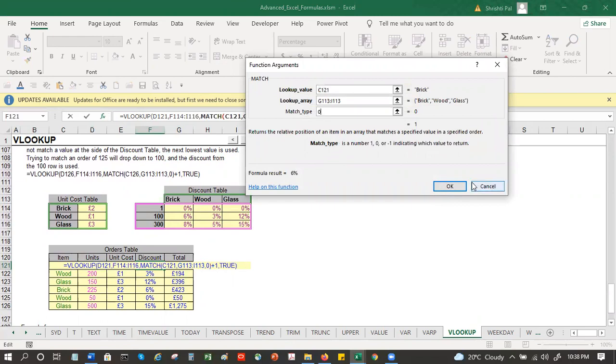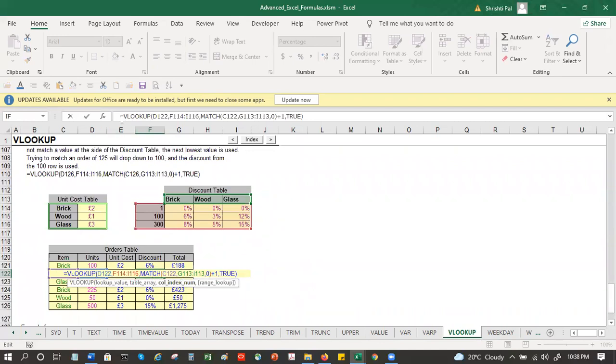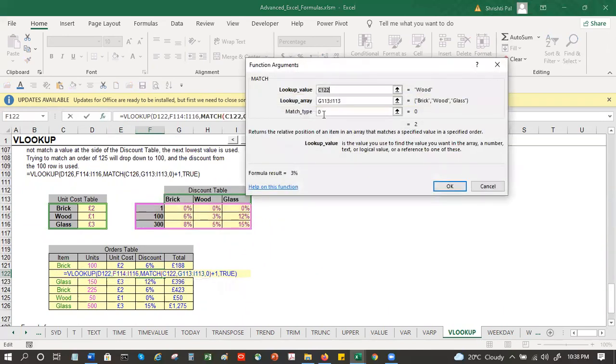Match type 0 means exact. But if I go to this, someone ordering 100 or 200 or 300, in that case I might need the help of that less than 1, less than 2, like that.